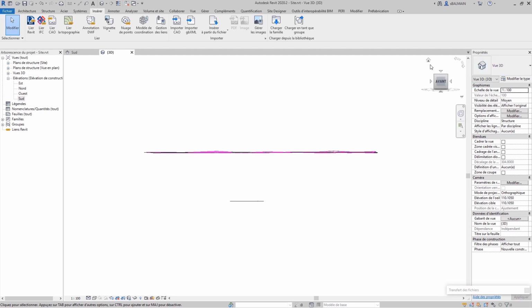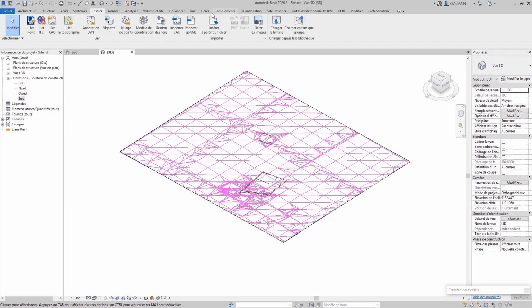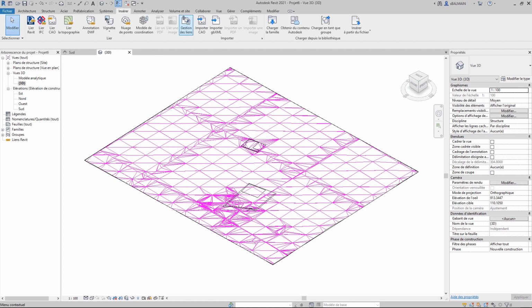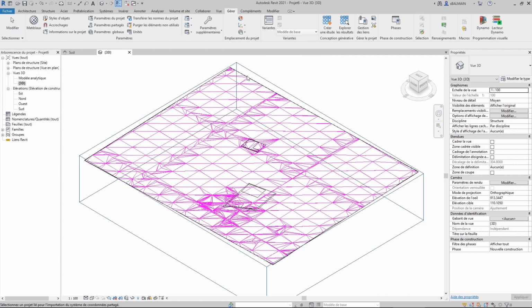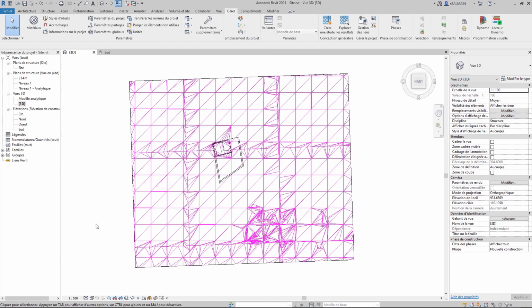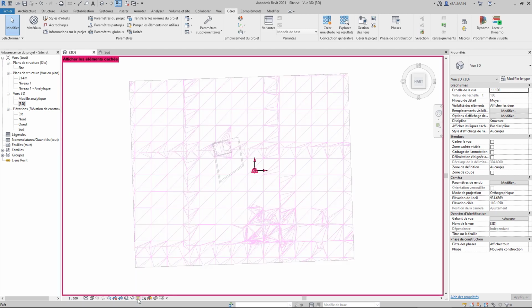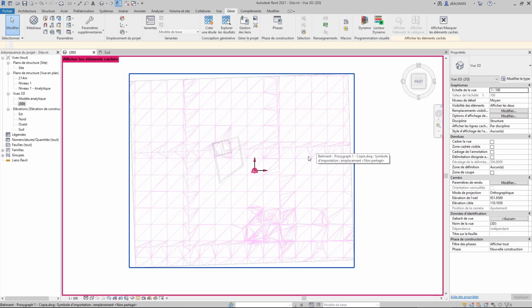So here I will go in the Insert tab, and then I will acquire the coordinates of the DWG. It's important to look at where the topo point and the other points are.